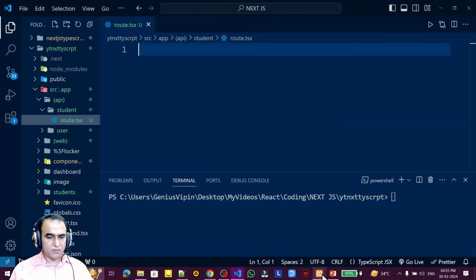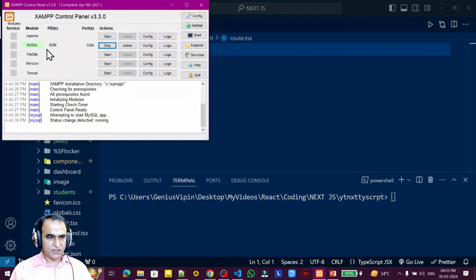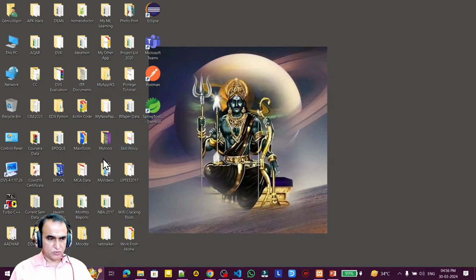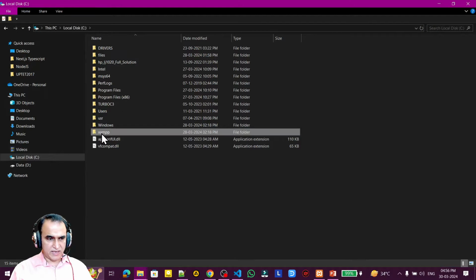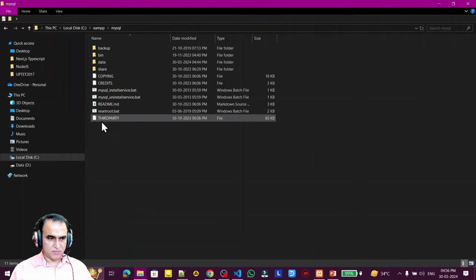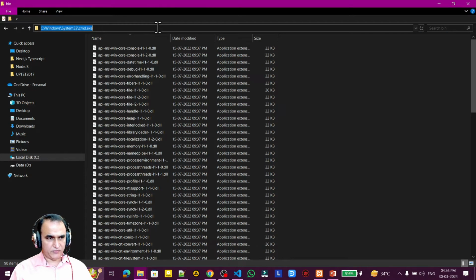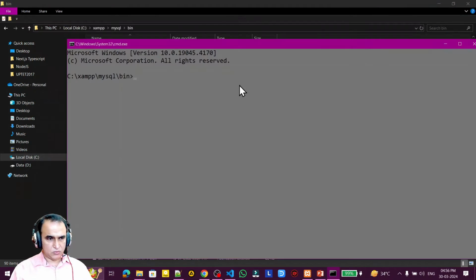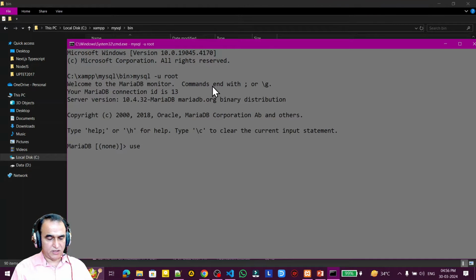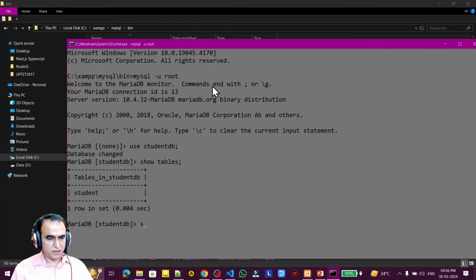For connectivity with MySQL, I am using the XAMPP server, and you see that my MySQL server is running on port 3306. That is the default port of MySQL, and in this MySQL I have created a database. I will just show you that information also. So this is the XAMPP server, and in this XAMPP server this is MySQL. Go to the bin directory. Here if I launch the command prompt like this, I can make connectivity with MySQL, and I say user is root like this. Now I use the database student DB, remember that,